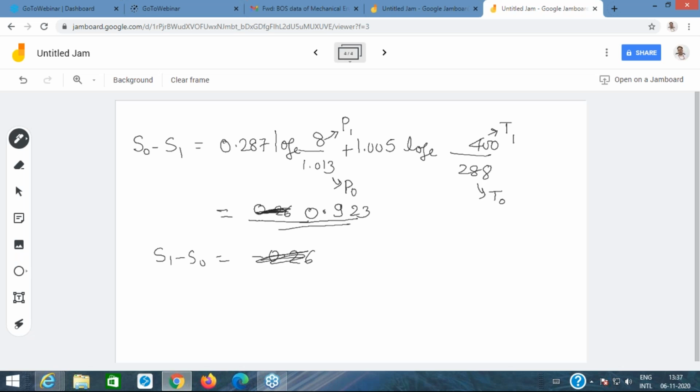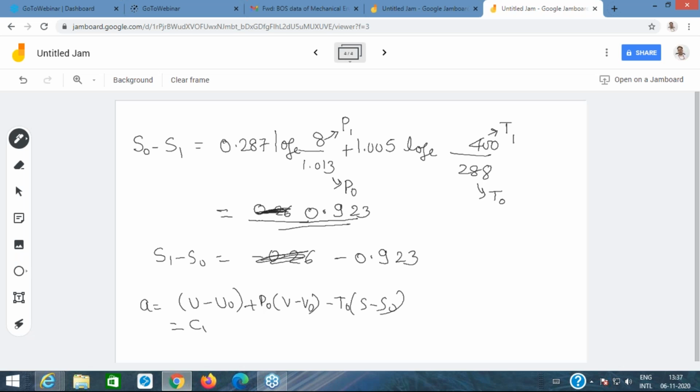The value of entropy change is 0.923, and S1 minus S0 would be minus 0.923, because the entropy of the system would decrease. So this is negative. When you put this negative sign in the expression of availability, the availability expression is U minus U naught plus P naught (V minus V naught) minus T naught (S minus S naught),